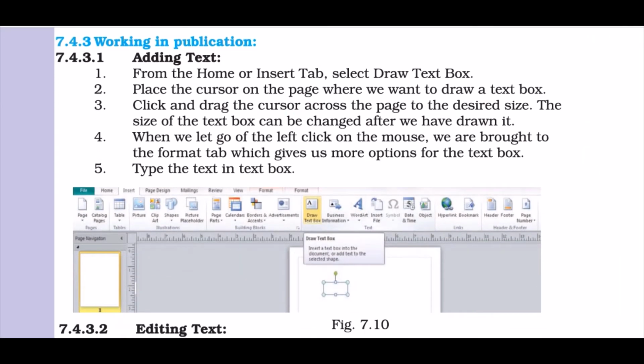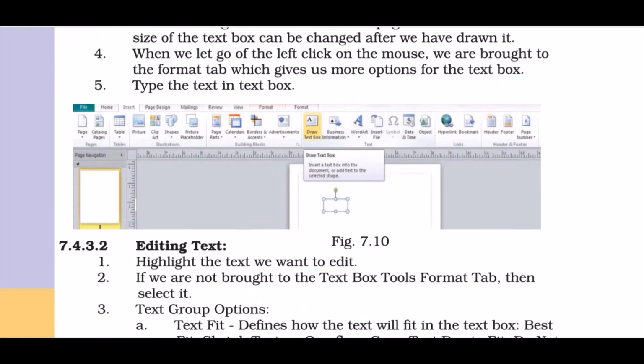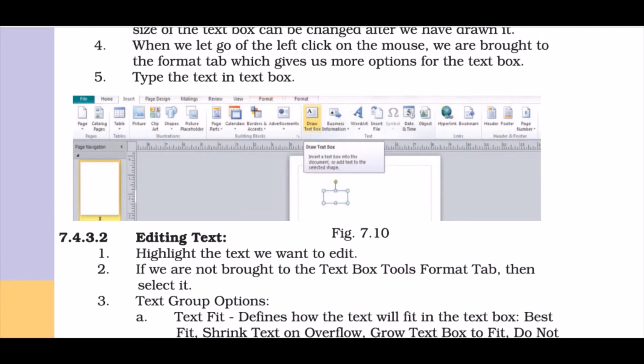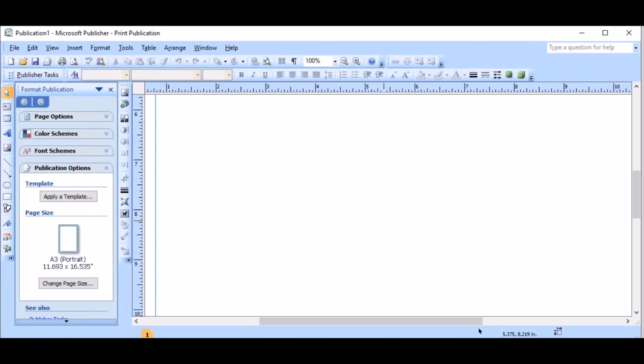Working in a publication. How do we work in a publication? How can we add text? Let's see. We can click on the insert tab and choose text box. Insert text, or we can write anything. Let's say school.